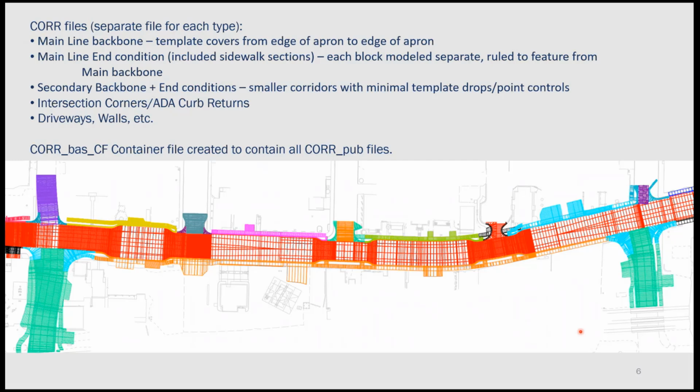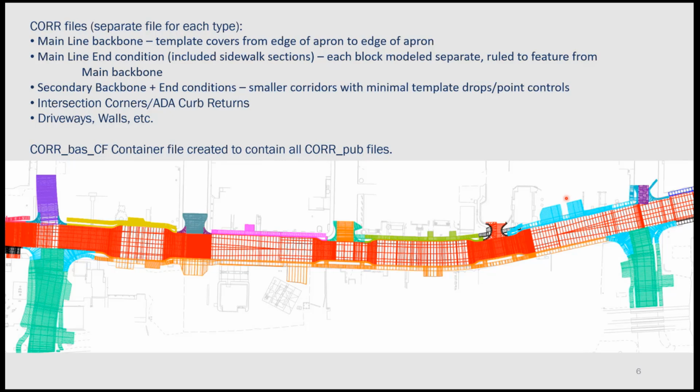Now, if you made changes to your backbone that affected either the XY location of that edge of pavement or the elevation, all you'd have to do, am I correct, is to reopen, let's say, that driveway corridor in cyan blue. After you'd made the mainline changes, then you just reopen that corridor and it processes. Correct. Yes. So you do have to pay attention to where the changes in the main backbone were,